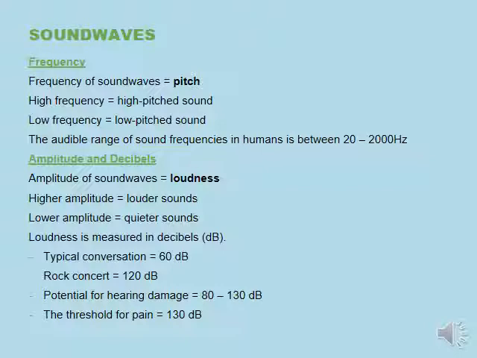The lower amplitudes are the quieter noises. A typical conversation is about 60 decibels. Primarily you want to stay in that range. Prolonged listening is one of the biggest things, because everybody wants earbuds, the wireless earbuds. And again, they're good, they're awesome. But at the same time, you want to limit how long you have the earbuds in. In addition, you want to make sure that you're not listening to music at a high amplitude, because it can impact your ability to hear at a later time.